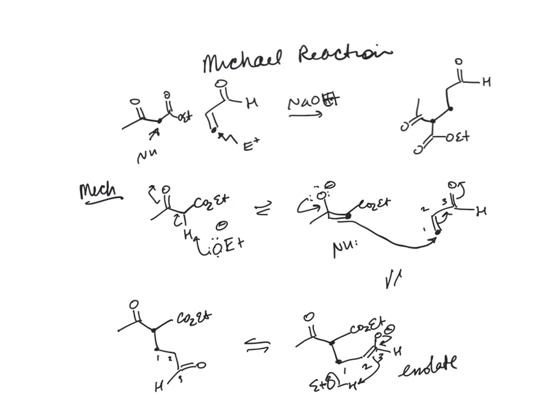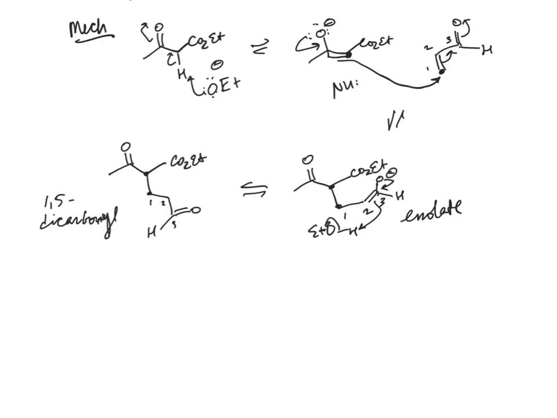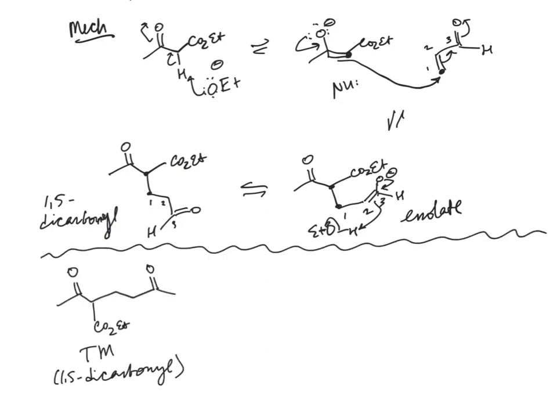Okay, and when we look at this product, we see that our product has the pattern of a 1,5 dicarbonyl. So this is another pattern we can look for when we do a disconnection, when we're exploring our target molecule. If we see a 1,5 dicarbonyl, that's going to give us a hint to what kind of disconnection we can make. Let's see if we can do that here. Okay, so here we have a target molecule that has that exact pattern. If we take a look at the relationship of these two carbonyls, 1, 2, 3, 4, 5. So the 1,5 dicarbonyl